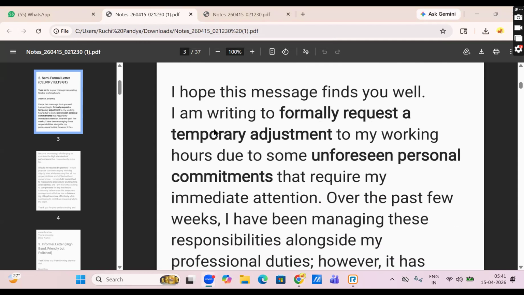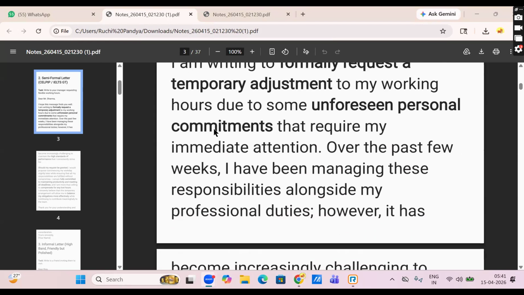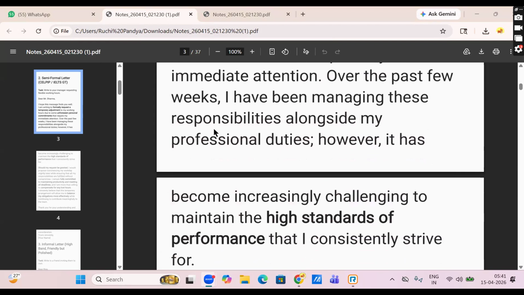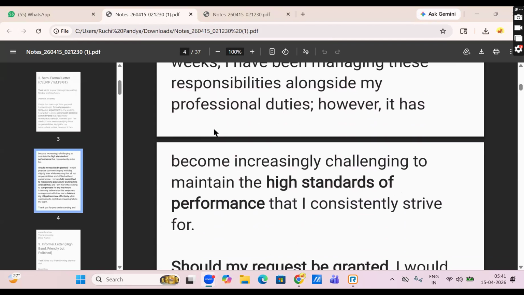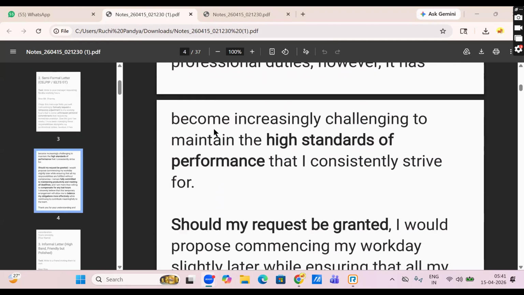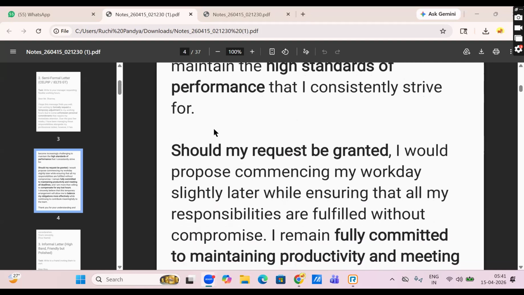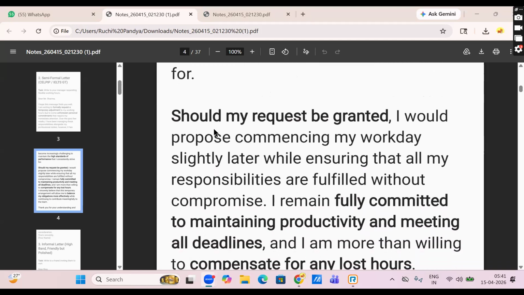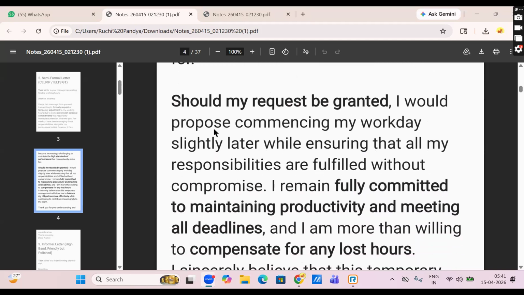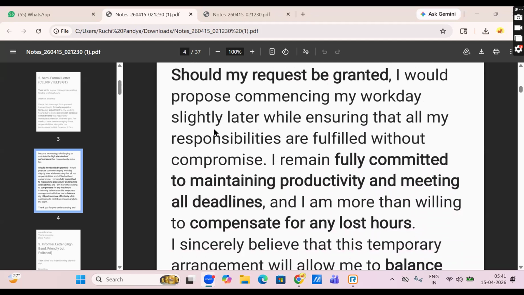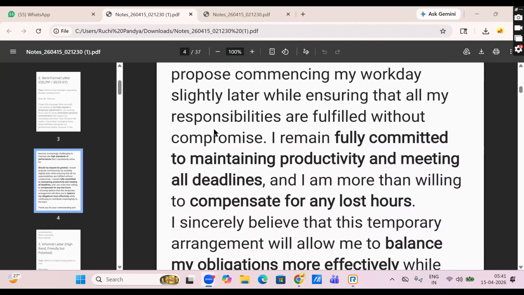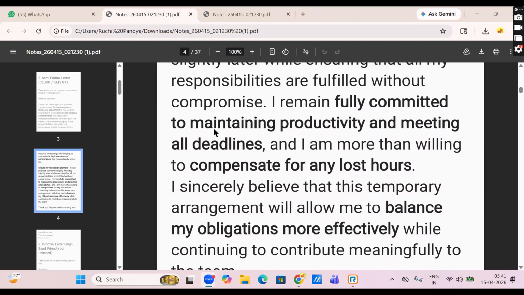However, it has become increasingly challenging to maintain the high standard of performance that I consistently strive for. Should my request be granted, I would propose commencing my workday slightly later while ensuring that all my responsibilities are fulfilled without compromise. I remain fully committed to maintaining productivity and meeting all deadlines, and I am more than willing